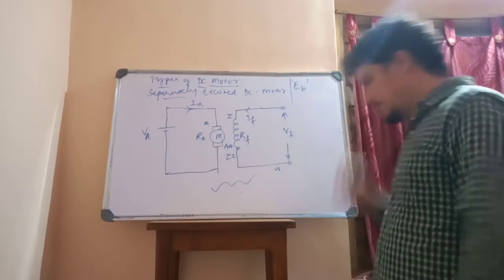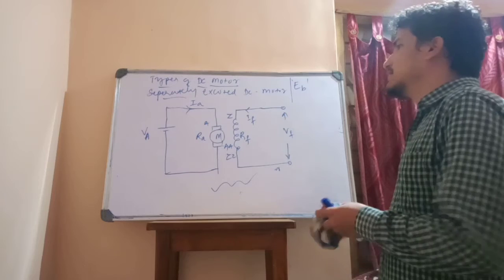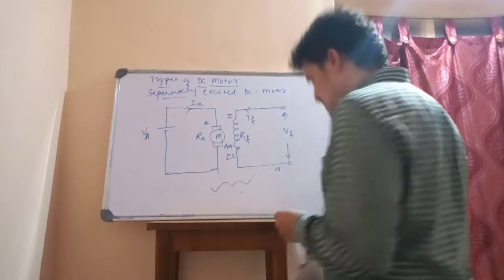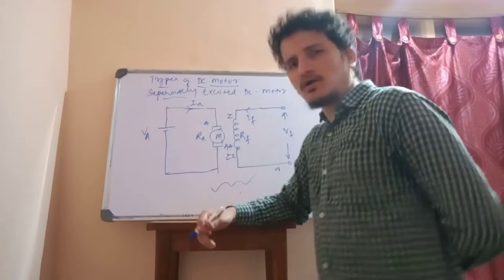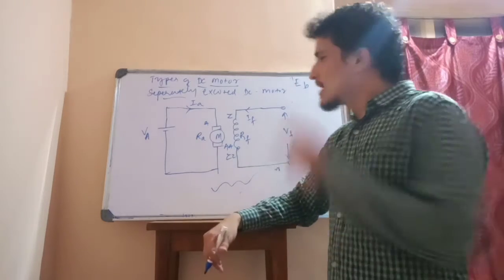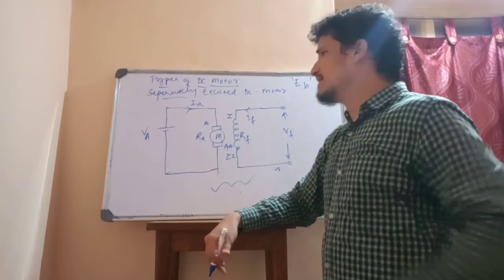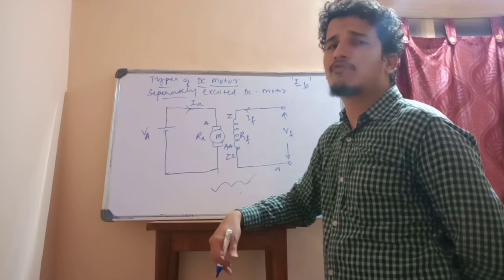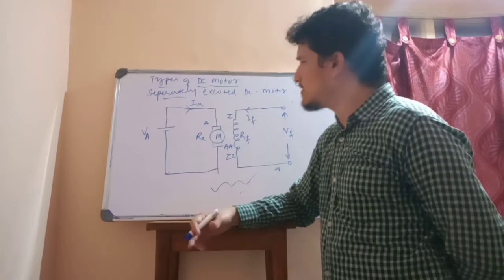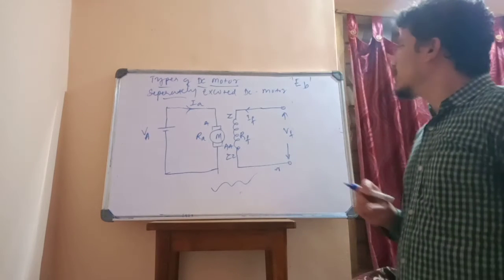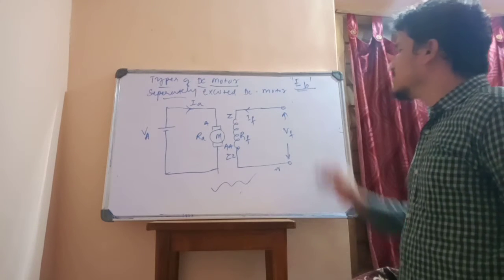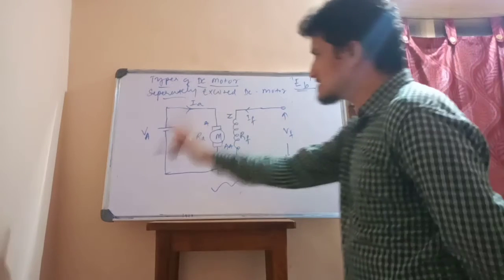Now we shall write the equations connecting the voltages and currents in the field circuit and the armature circuit. Before that, we have to understand one important term called back EMF, EB. This back EMF plays a vital role in the performance of the DC motor, and how, we shall learn now. What is the significance of the back EMF? What actually is the back EMF? Now we shall understand here.